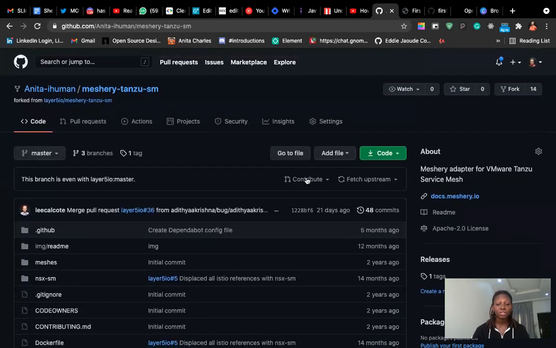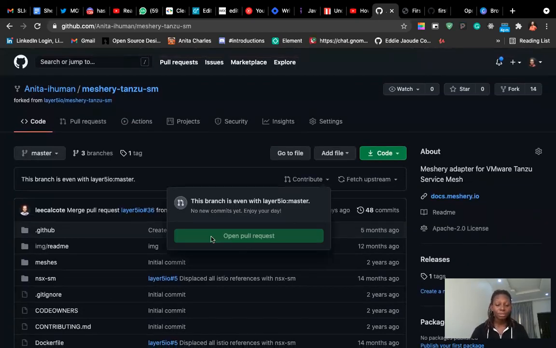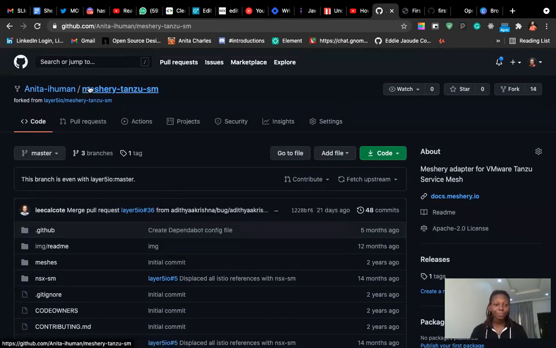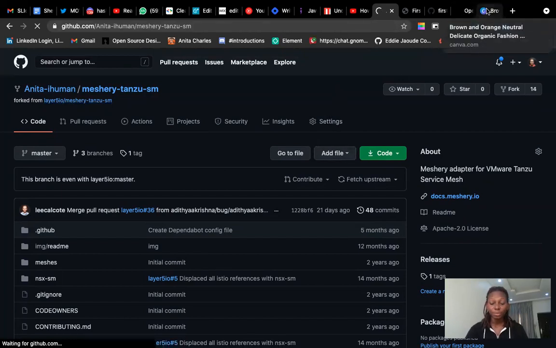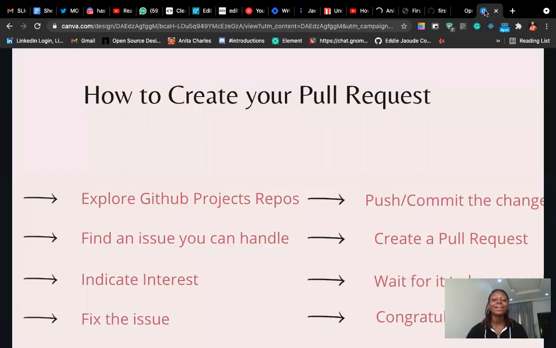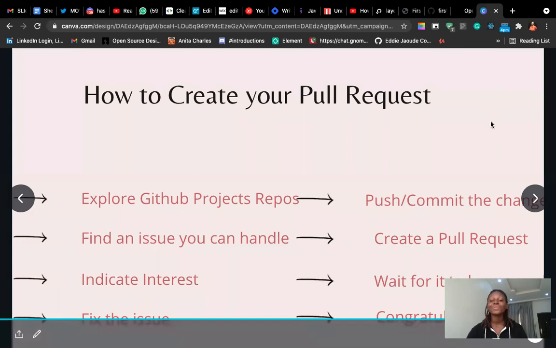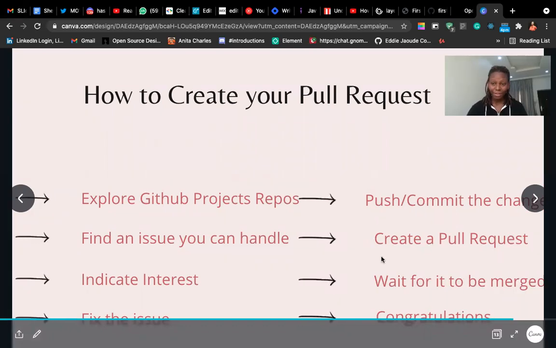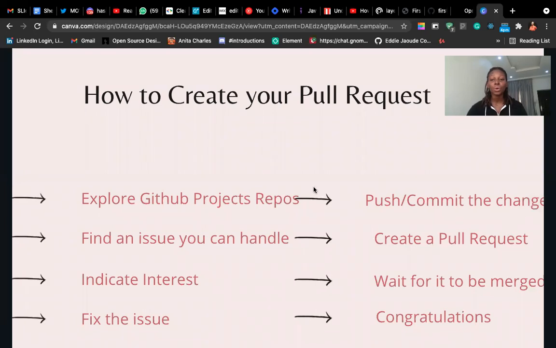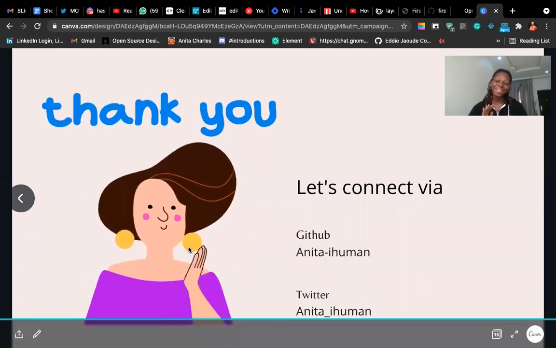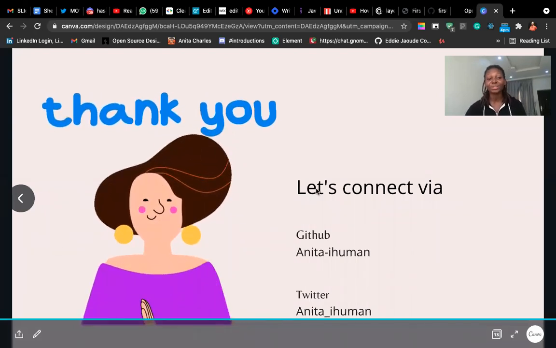By the time you're done making changes, you make your push, then compare the changes, then open a pull request. And that is just about making your first PR. And yeah, if you've not done this before, then congratulations. If there are changes to be made, then somebody will review your code and suggest the changes that you are supposed to fix. Thank you so much. That is just about making your first contribution to open source.